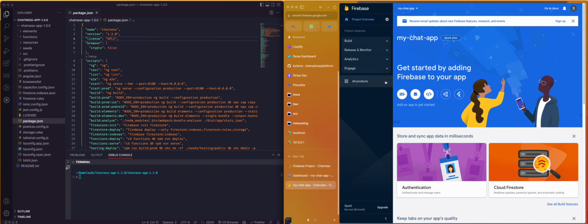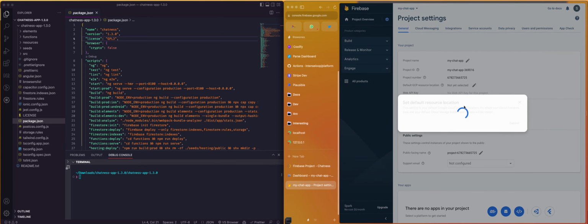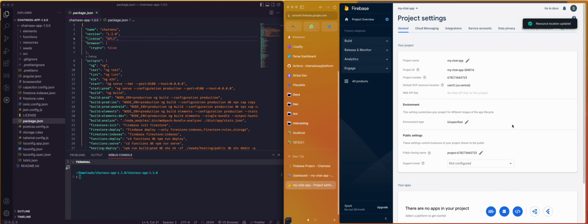Great. So once we have linked our Google Cloud Platform account with Firebase, we can now go to the project settings in Firebase and select the default GCP resource location. This is where the bug is, because there's some crazy bug on their end which is not selecting or assigning this resource location upon creation. So let's select this location now. It can be any one you find better. Alright, once the resource location is updated, we can